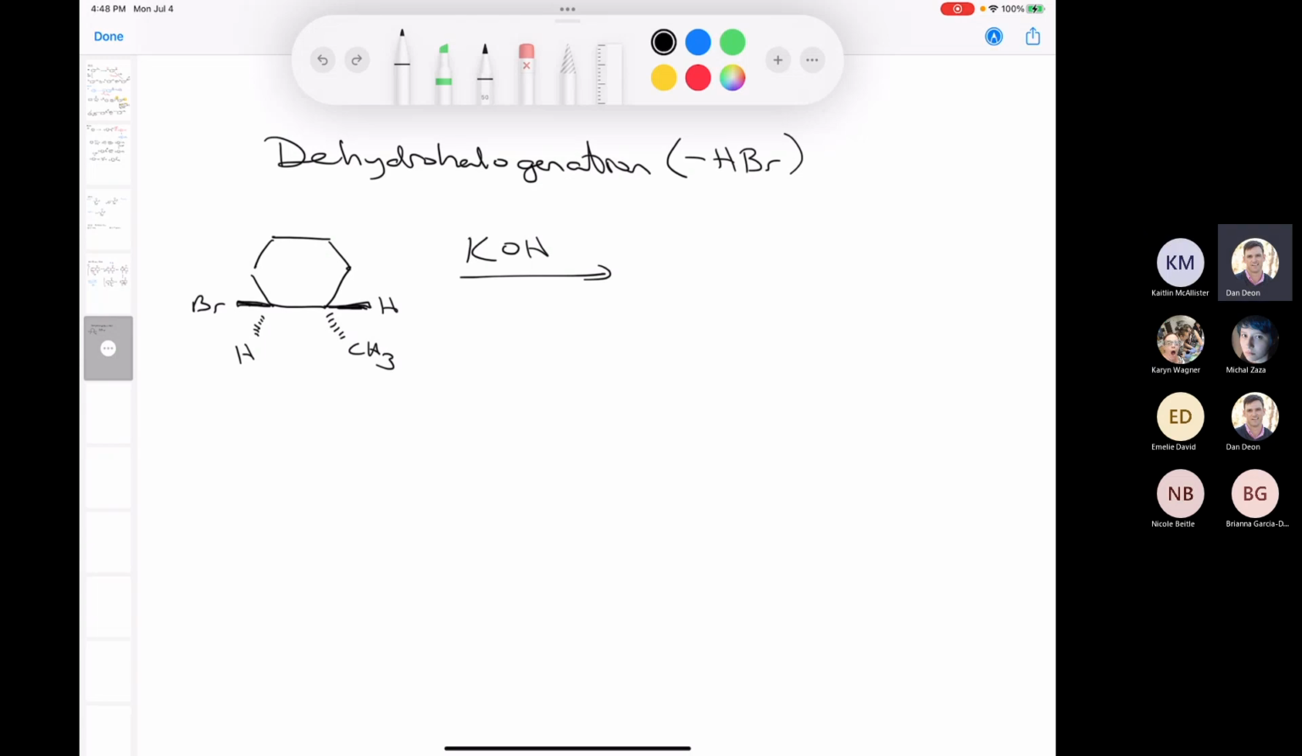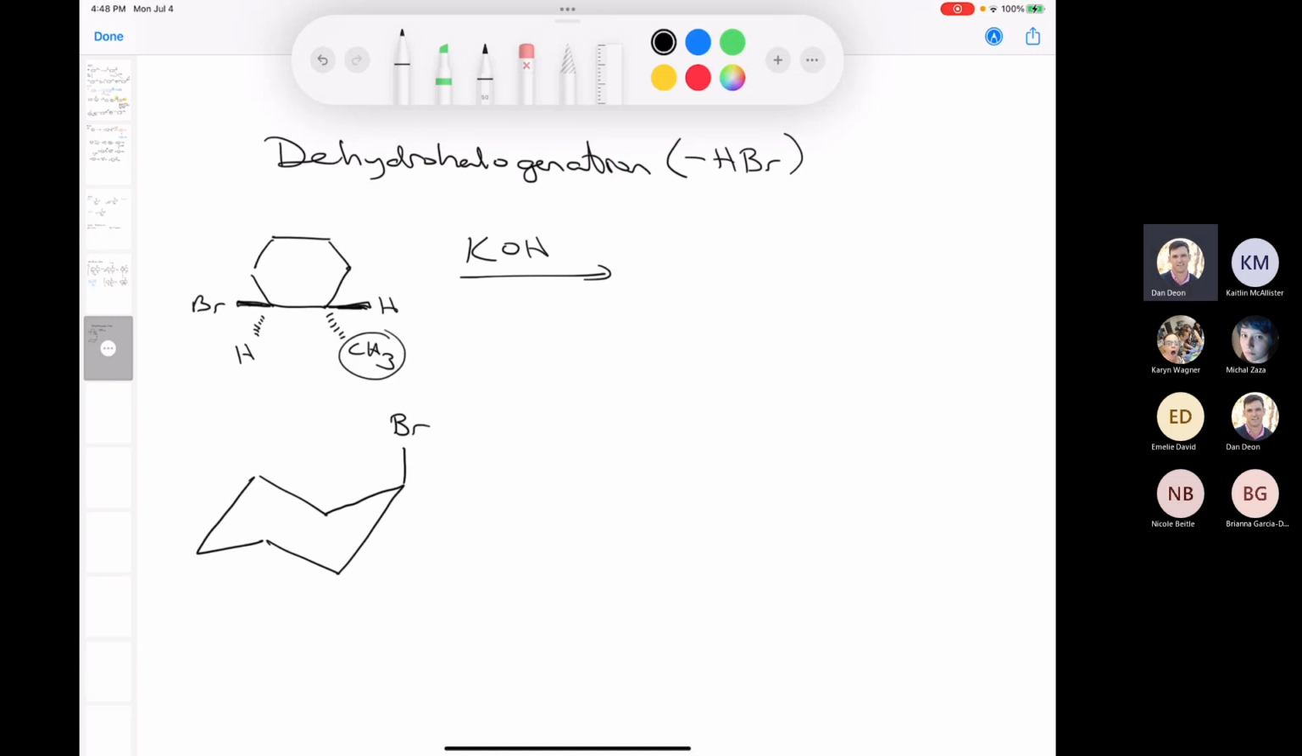Anti-periplanar. Yeah, it's anti-periplanar. So what that means is, let's say you had a chair, right? And this is a chair. So if the bromine is going up and is axial, that means this methyl is going down and is axial, right? So I've got a proton here, and I've got a proton going here. But is this proton that's going up, up and axial,